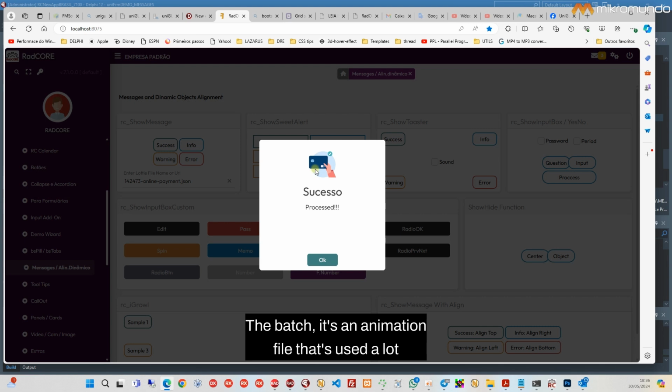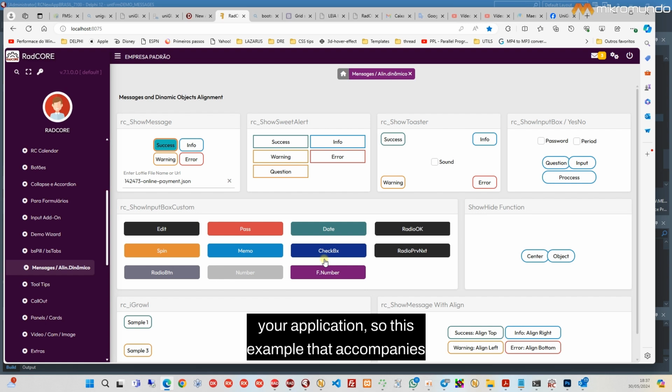The Lottie file is an animation file that's used a lot because it offers us a layout resource, a very cool visual resource for our client who's going to receive these messages, to be really interested in your application, so this example accompanies RadCORE. I'm pointing here to a file that is downloaded directly from the Lottie files website. Let's open our code for you to observe, it's the same show message statement that we're working on, only that